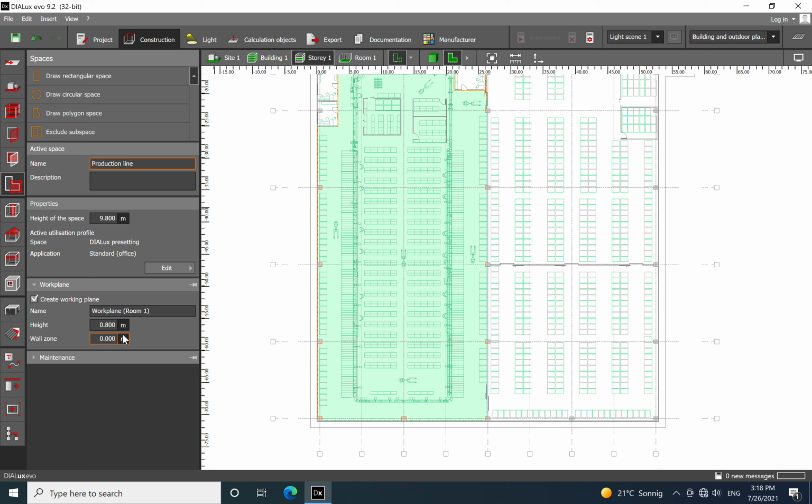And yeah, the work plan I will write on 0.8. As you can see, we have a conveyor here, so it's a band with workers near the band, so it's not on the floor level, it's around 0.8 to the ground. And if I go here, we have a standard office, but I will go to select